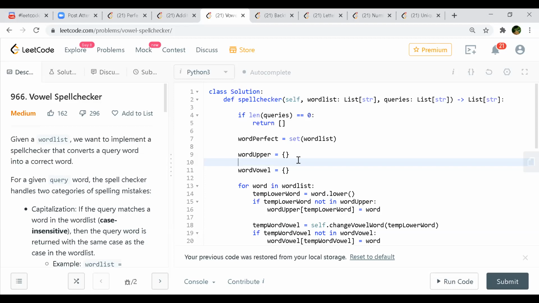So we just need to observe that kind of situation, and we can apply this wildcard character approach.